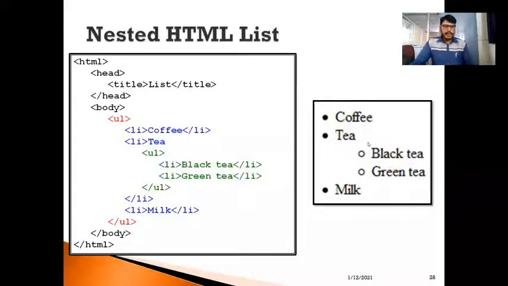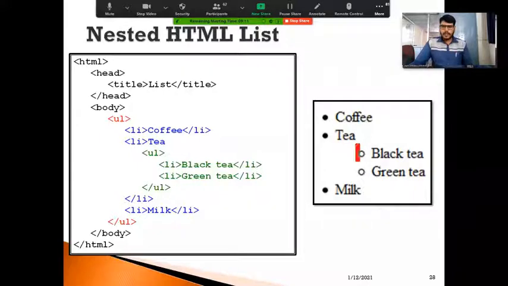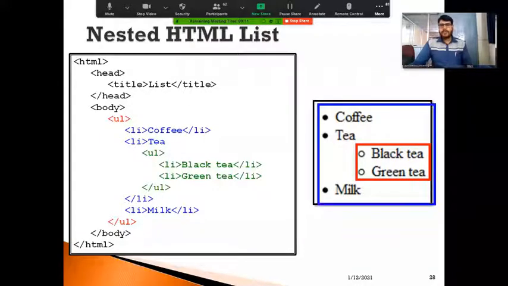So this list is appearing within the main list called this one. Within the main list, we have a sublist. So a list within a list is called a nested list. So we can generate a nested list by using the same tags. As you can observe here, this is the outermost unordered list. And within this, I'm going to use a list item by using the li tag, as you can observe here.